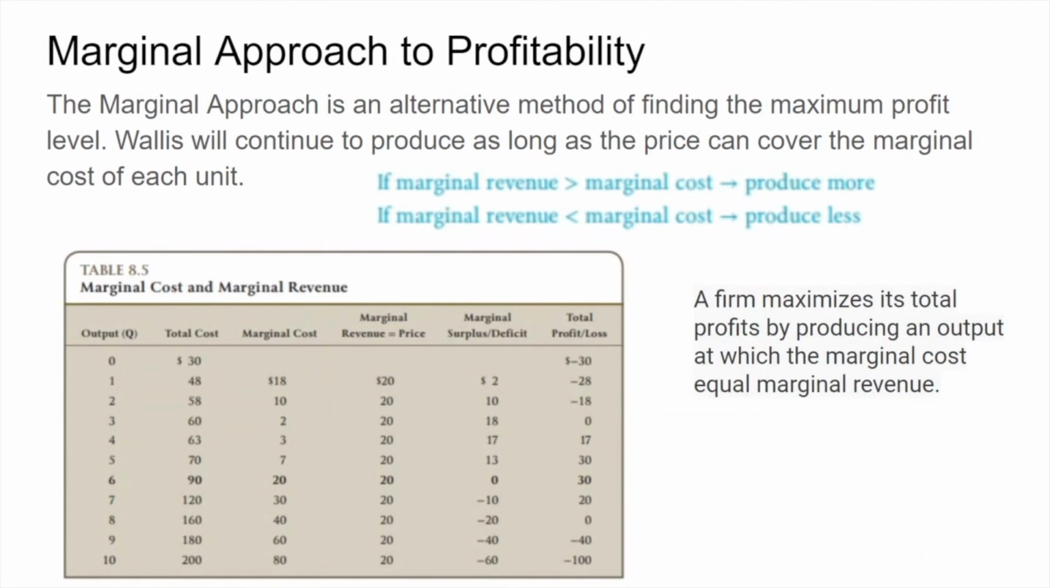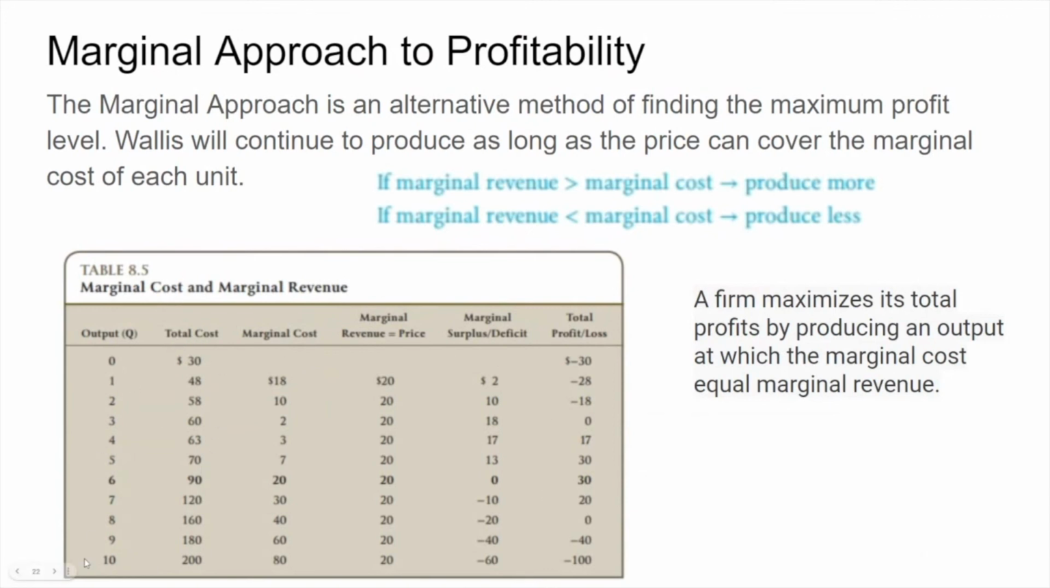Presumably, after you've crossed the barrier where marginal revenue equals marginal cost, your marginal revenue is going to go up, but your marginal costs are going to go up by more. So you don't want to lose money by making more products. So a firm maximizes its total profits by producing an output at which marginal cost and marginal revenue are equal. So if we look at this one here, here's the total cost,